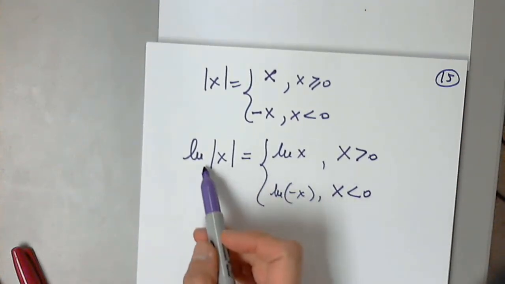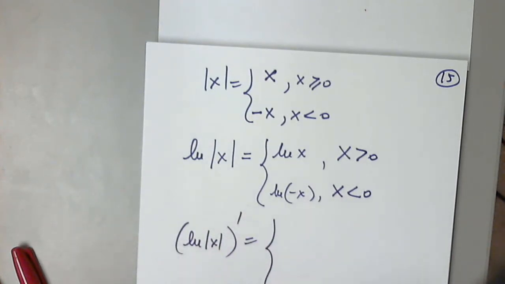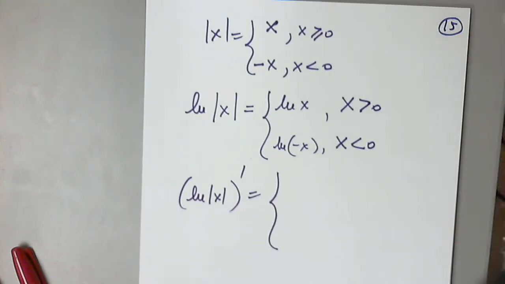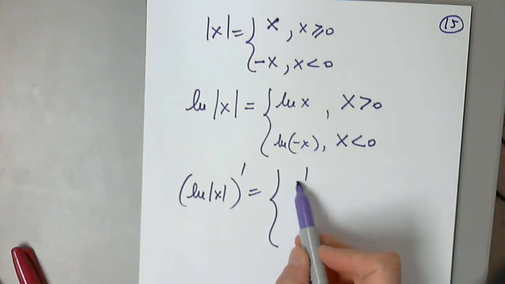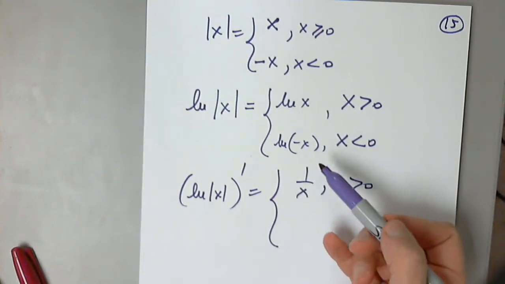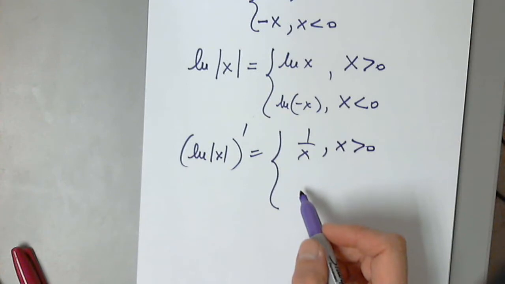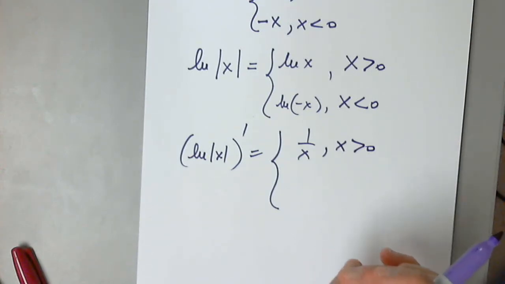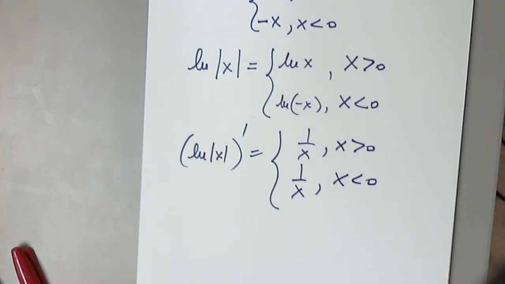Now, in the next step, I want to differentiate this. What would you say? Natural log of x prime is 1 over x, and natural log of negative x prime is 1 over negative x times the inner function prime, which is negative 1, so 1 over x. So therefore,